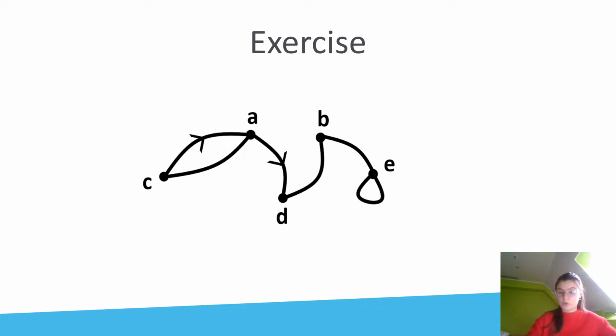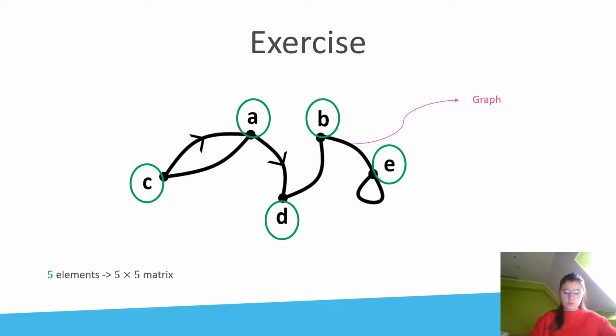Here you see a sort of scheme. We call this a graph. We will transform this graph into an adjacency matrix. We start this exercise by drawing the frame of the matrix. For this, we look at our graph. We see that our graph has 5 different nodes, which are connected with each other. We have a node A, B, C, D, and E.